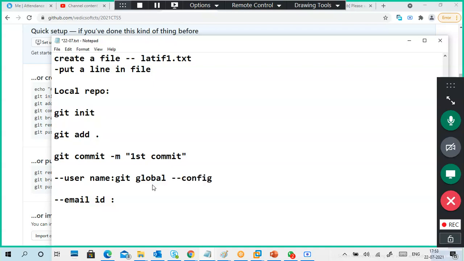It's a configuration. Then you have to tell your username. So I will type these things again. You have to put a username. My name is Latif. I put Vedic as a second name. Anything you can put, or your full name, your wish.